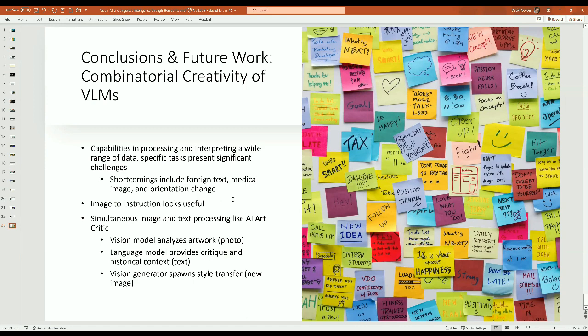It has well-known shortcomings, and in some sense, we understand the reason for those shortcomings. For example, its training data, particularly on the language side, is very English dominant. Medical images, part of that is perhaps the lack of training data, but also the importance of getting it right.